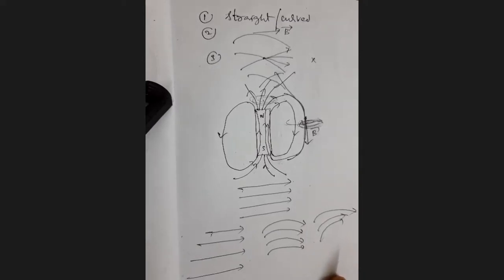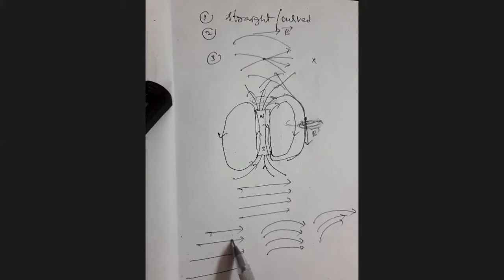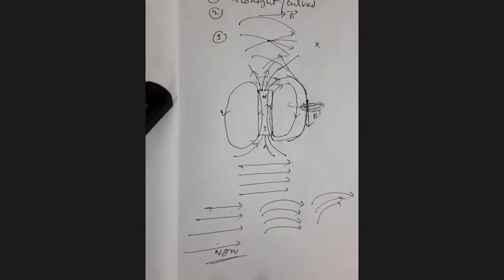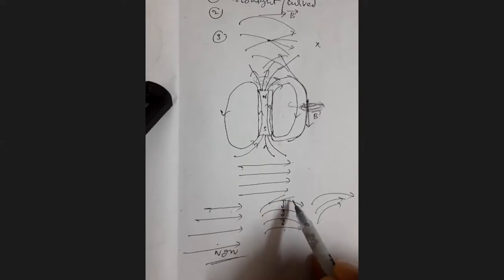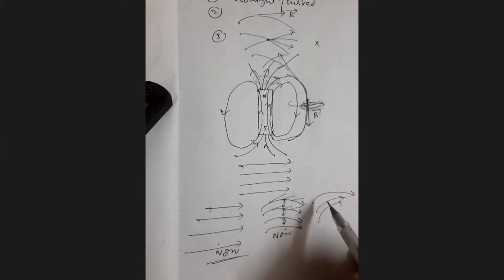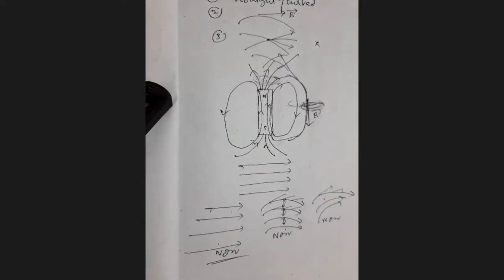You observe these three figures. In the first figure, the distance between two adjacent lines is changing. Here the magnitude is not constant, but the direction is constant. It is a non-uniform magnetic field. In the second figure, the distance between two successive lines is constant. That represents the magnitude of the field strength is constant, but here the direction is changing point to point because the tangent line direction is changing. Therefore, it is also a non-uniform magnetic field. In the third figure, both magnitude and direction are changing. Therefore, it is also a non-uniform magnetic field.